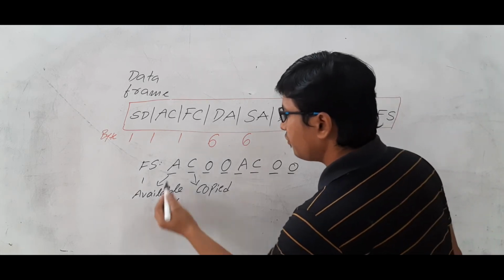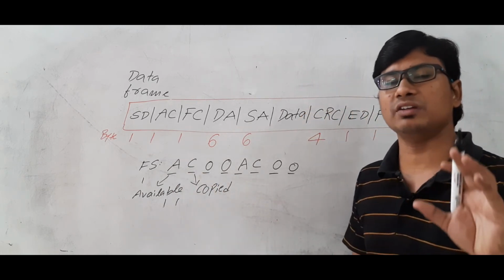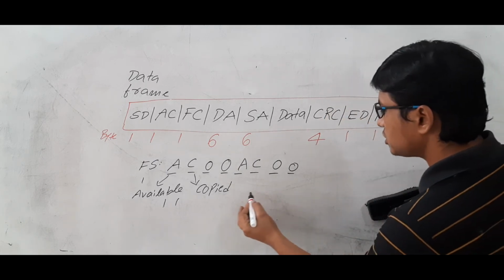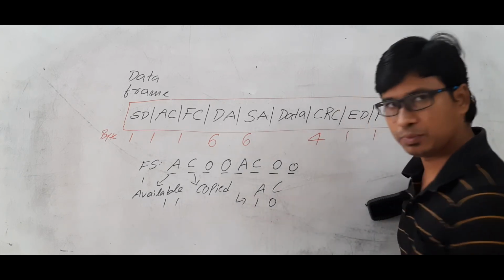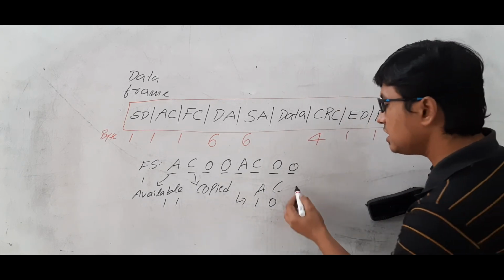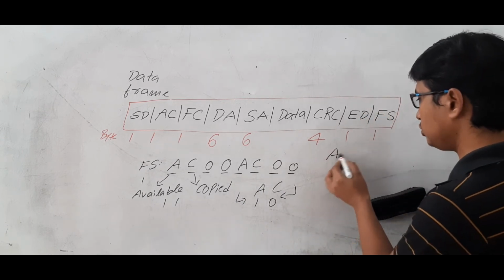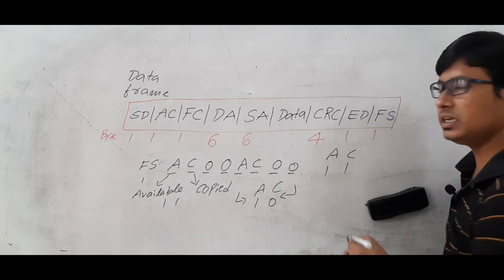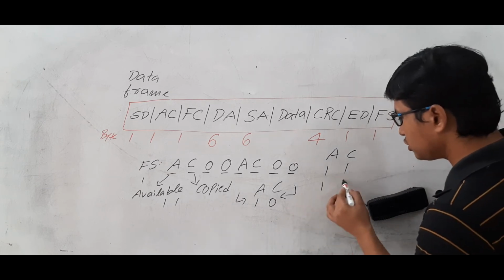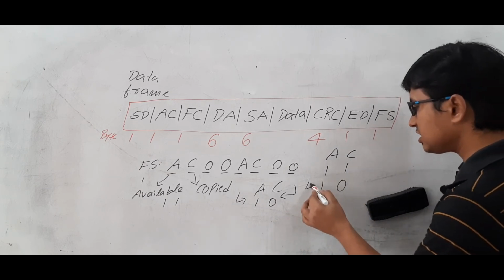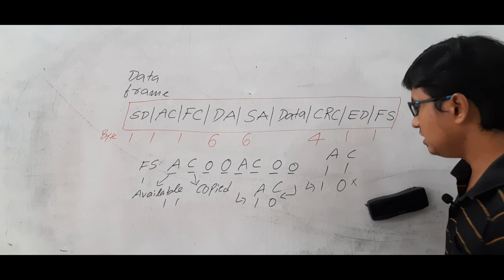Okay, so if it is 1, I can say the destination is available. If it is 1, the destination has copied that information successfully. If AC is 10, the meaning is that the destination is available, however the destination is busy, that's why it has not copied. Are you able to understand it or not? So the AC has 2 bits, so it can be 1 1, meaning the destination is available and it has copied the information successfully. If it is 10, the meaning is that the destination is available, however it has not copied that information, so you have to retransfer the information.